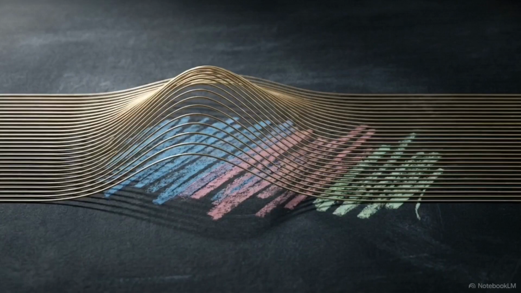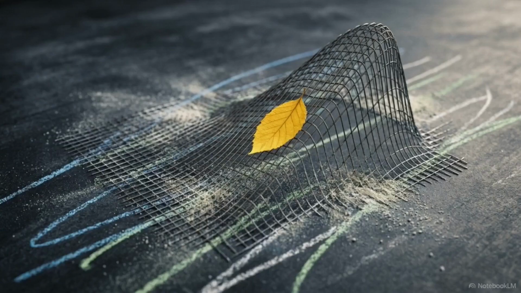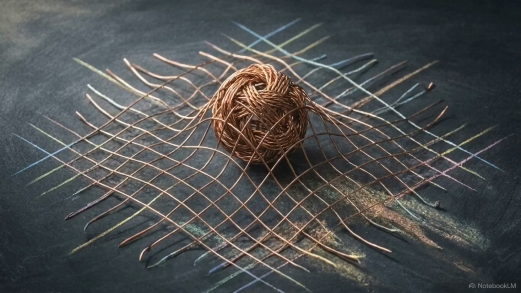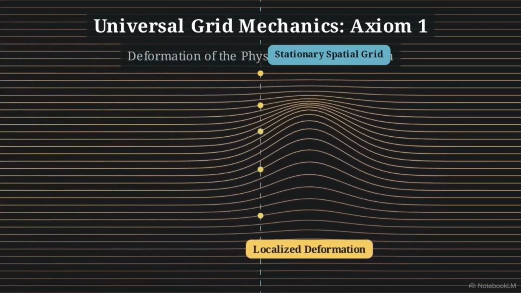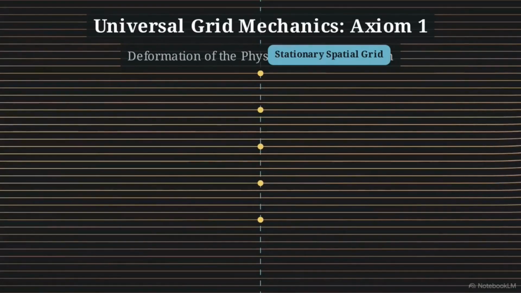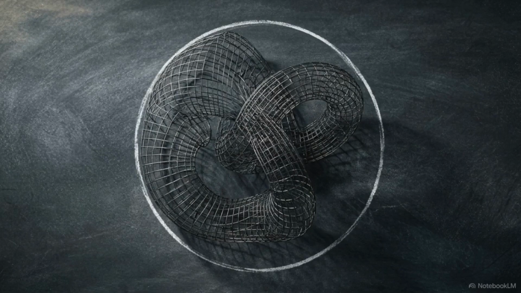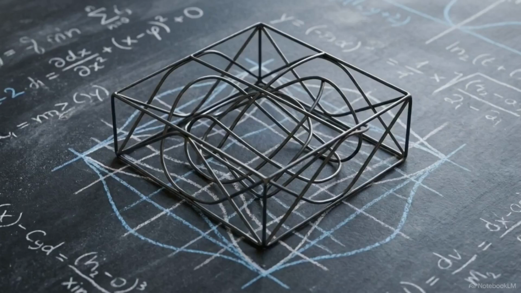Think of a wave crossing an ocean. The water itself does not travel across the globe. The wave is a persistent pattern carried entirely by localized changes. Similarly, stable physical objects in UGM are candidate persistent patterns of the continuum. They move through localized, bounded deformation, not by translating an independent mass through an empty void. Because objects are merely sustained patterns of a substrate, the foundational laws of physics must govern the admissibility rules of the substrate itself. The behavior of the objects is a downstream consequence of those rules.